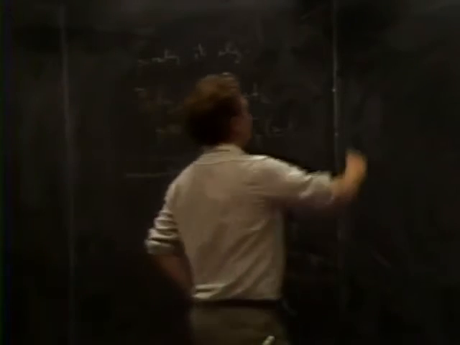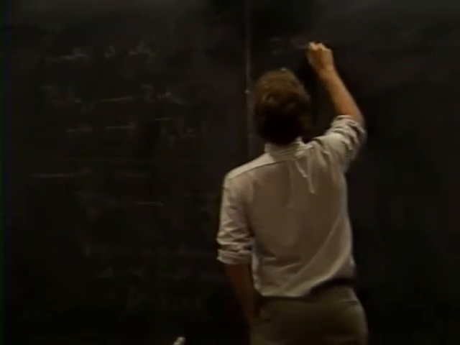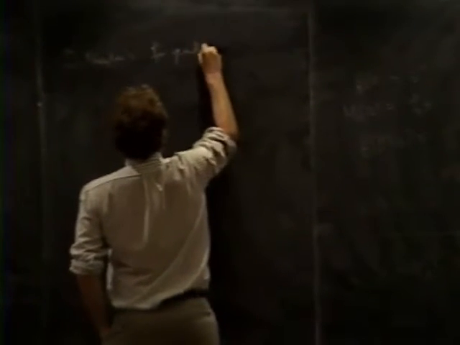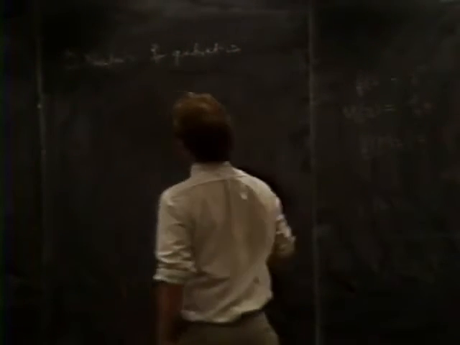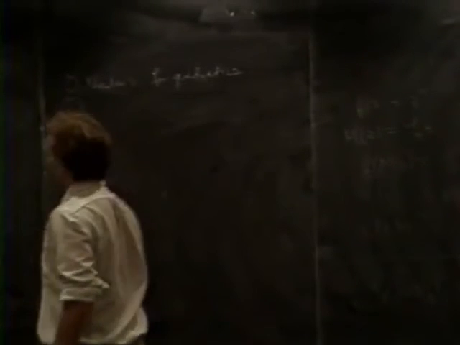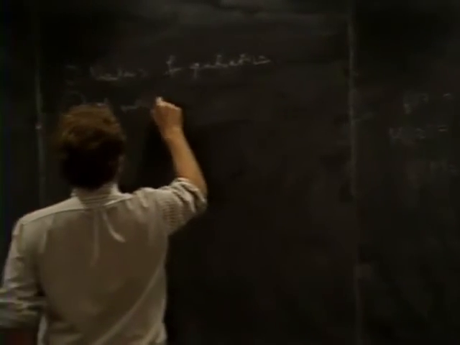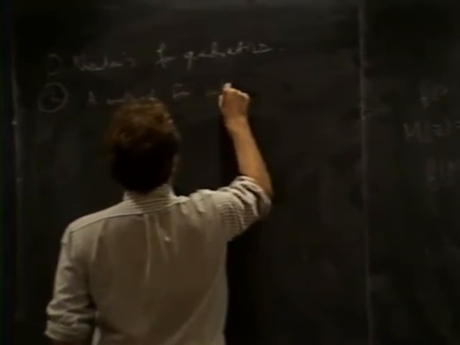Okay, so examples of purely iterative algorithms which are generally convergent. Well, the first one is Newton's for quadratics. This turns out to be quite a good algorithm. And secondly, there's a method for cubics. The formula is on the slide. I won't take the time to write it down.